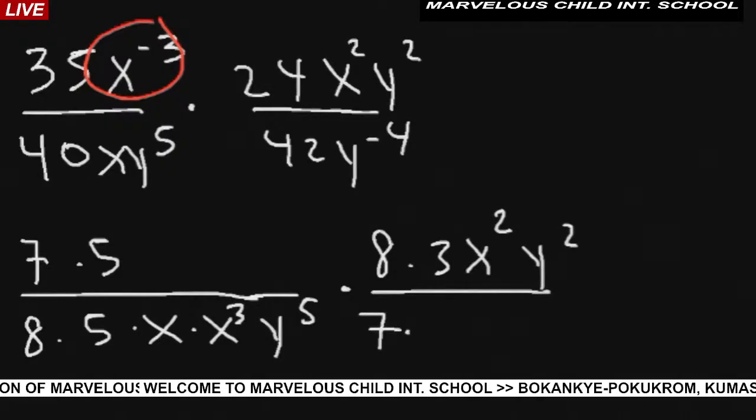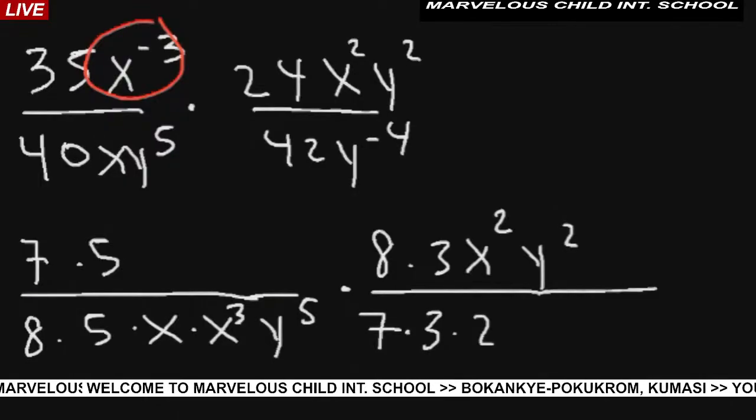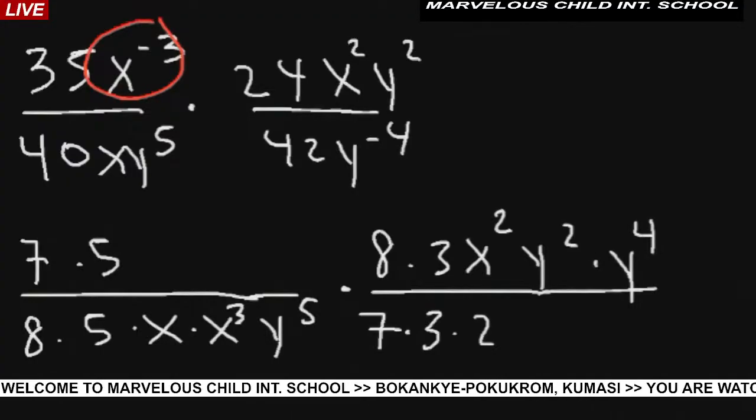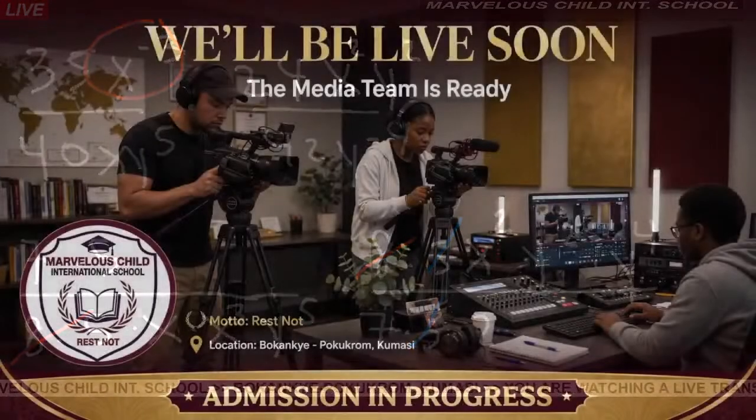But 6, I'm going to write that as 3 times 2. Now, y to the negative 4, I'm going to move it to the top to make it y to the positive 4. So now, let's see what we can cancel. We can cancel an 8. We can get rid of a 3. And we can get rid of